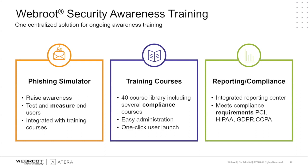And so especially with phishing simulations, we create new templates for these constantly. And just as an example, since COVID, we've created over 25 COVID-related simulations that are all taken from the wild. So when we scrape through our honeypots and spam feeds and these things, we see the real world examples of these attacks. And we then take them and we create training tools out of them so that you can literally use the same look and feel of what's going on in the wild against your employees in a controlled way to help educate them about what the attacks look like,